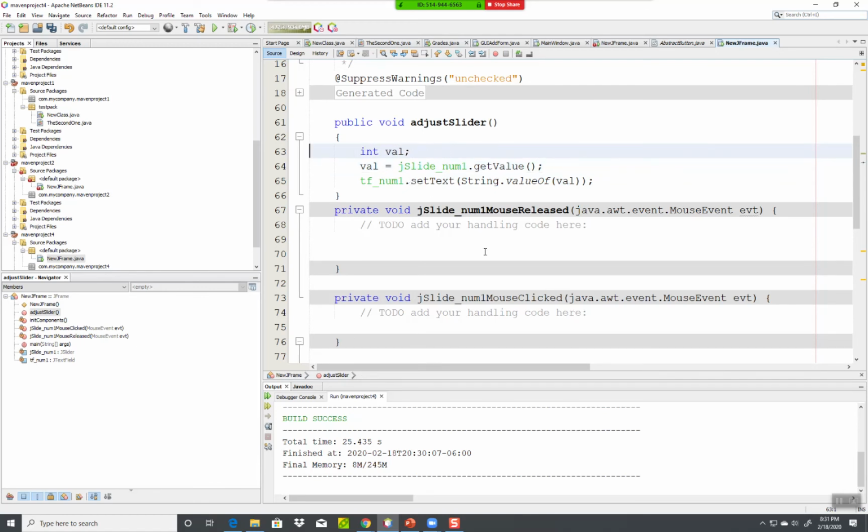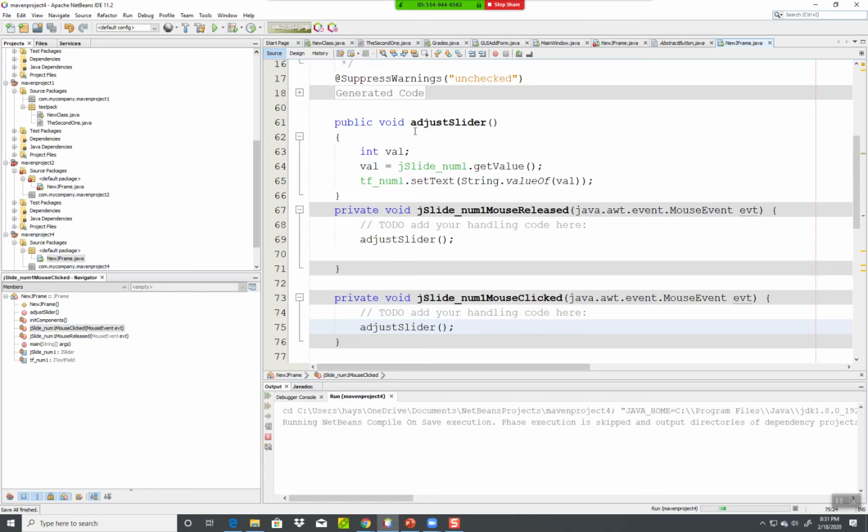Now, by putting it in that method, I can call it from multiple places. That's a true power of methods. So adjust slider, like there. I can also call it from here. Adjust slider. I suppose if I put it in enough places, I'll eventually get it to work. So if I run that,